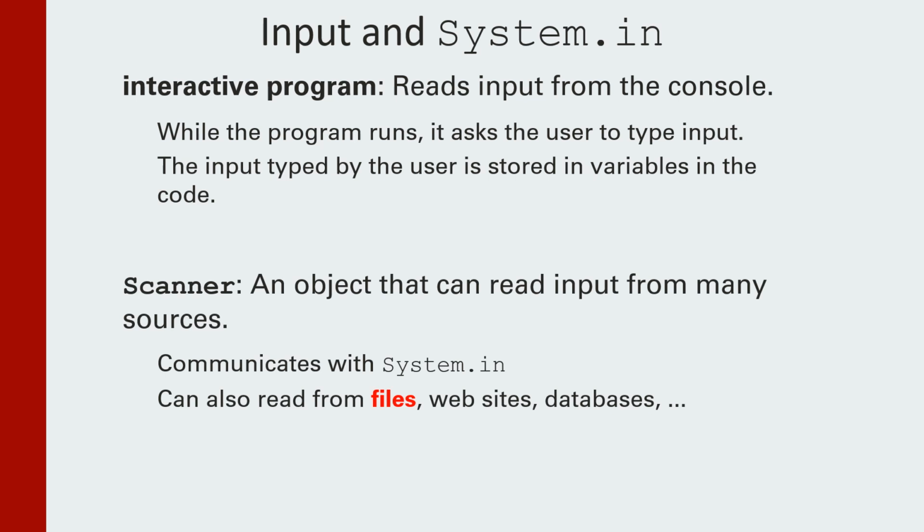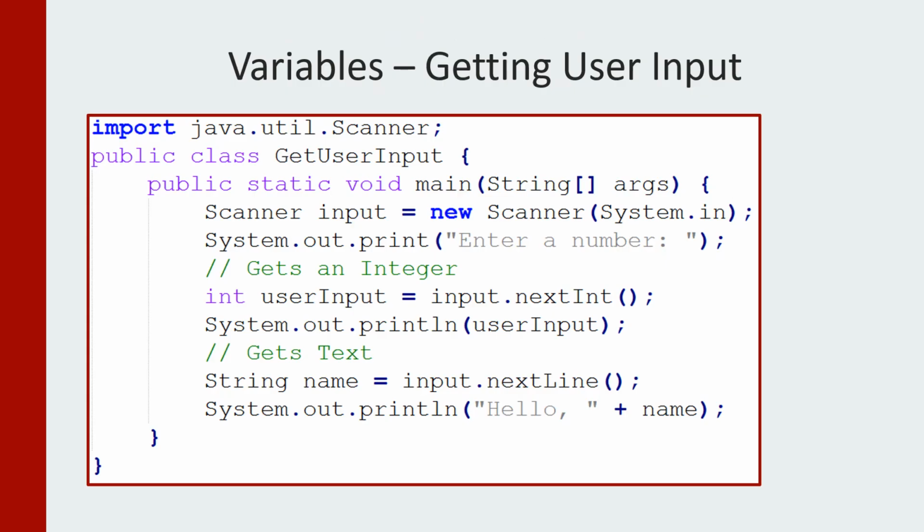The object that we used to get that input was a scanner, and a scanner can actually read input from many sources. It uses something called System.in, but besides having a user type things in, you can also read from files, websites, and databases. So just to remind you what scanner looked like before when we were taking in keyboard input,